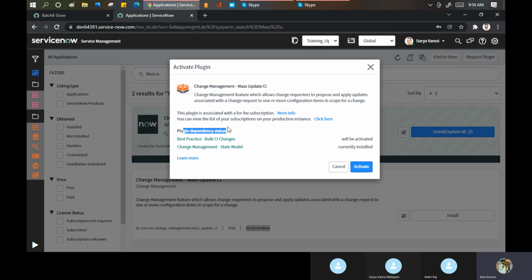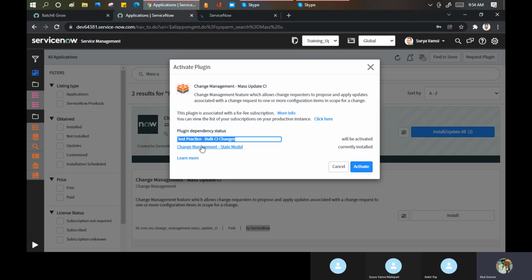Plugin dependency status: best practice bulk CI changes will be activated, meaning this particular option will be activated by this plugin. And the change management state model, we already have a state model like new, assess, authorize. These are already there, so that is currently installed. Now I click on activate.